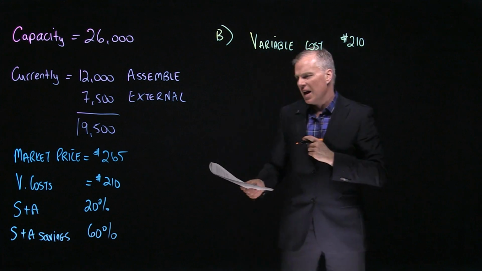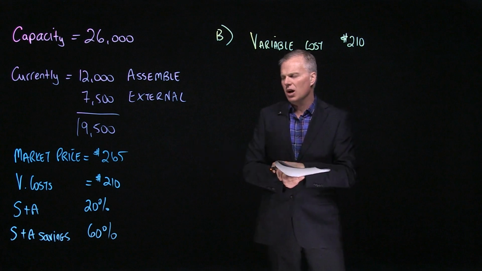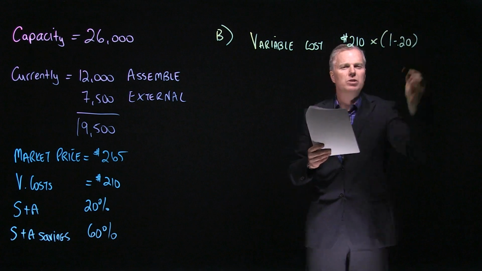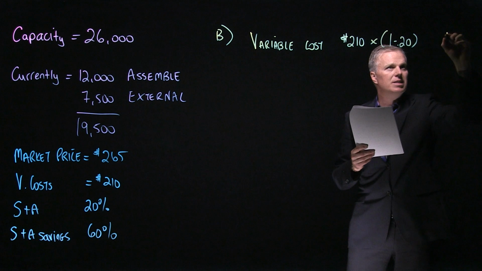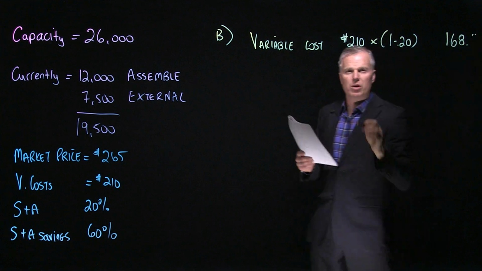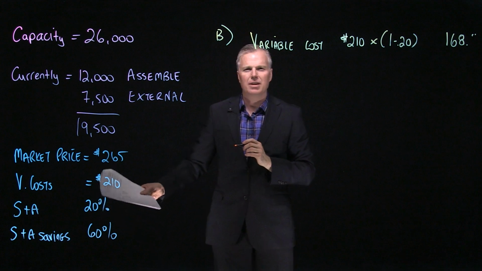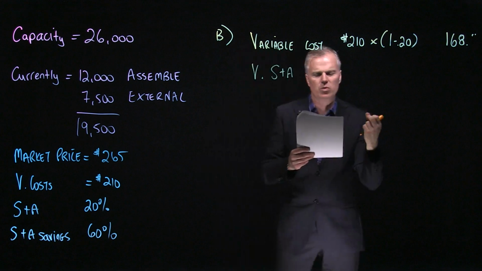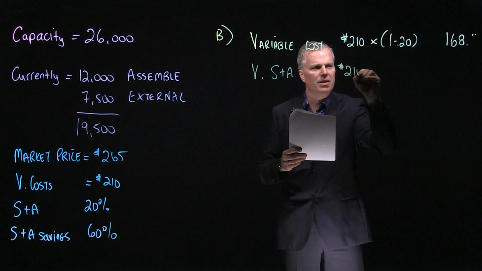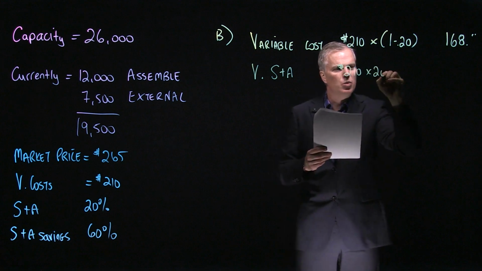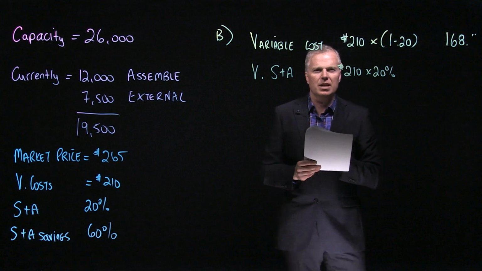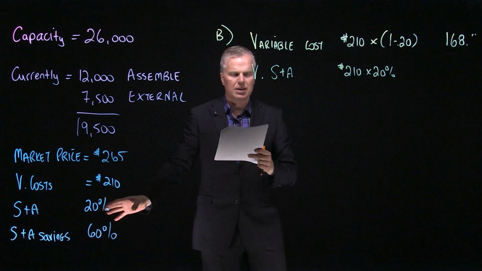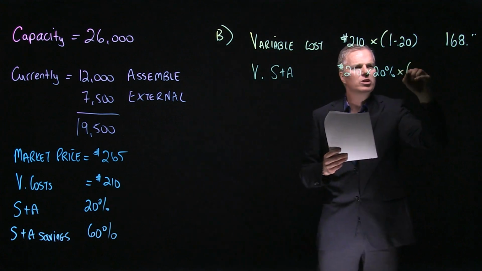We're told that 20% of our variable costs are selling and administration. That means that 80% will still be a cost that we have to incur. So that's $168. But we're going to save on that 20%, that selling and administration. So our variable selling and administration, this is what you have to read really carefully, will be calculated this way. $210 times the 20% of that, which is the selling and administration. And it tells us that we're going to have a savings of 60%. Which means then that we're still going to incur